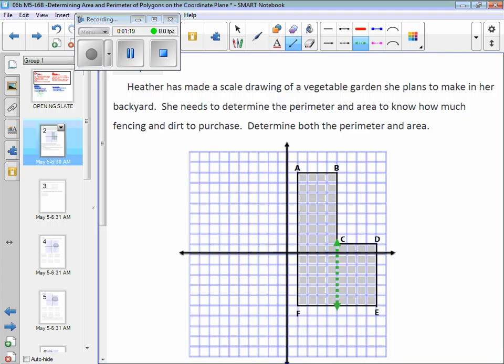I still want you to count by leaping the sides. And you know what? Let's take care of all of the sides because you're going to need that when you do perimeter anyway. So let's take care of all the measurements of all the sides. And when you do perimeter, I will tell you this: even though it may seem easy, you've got to be careful when you count the sides. So starting at the top,